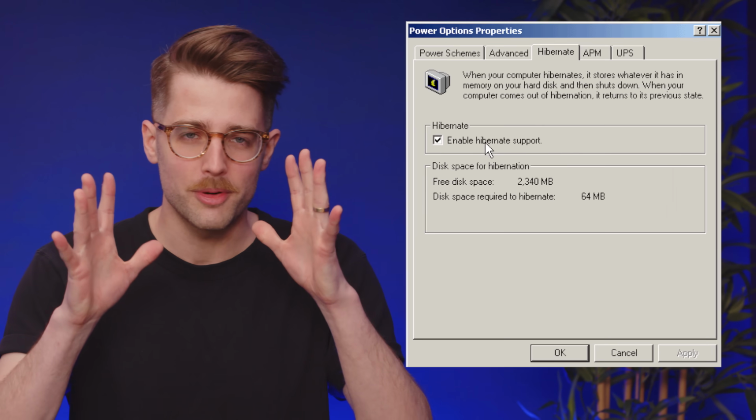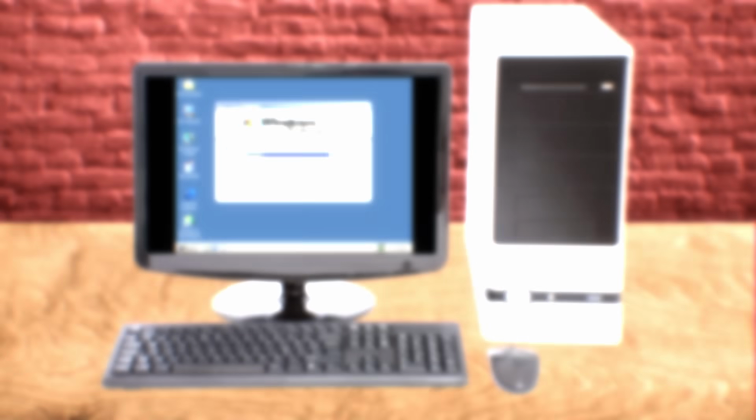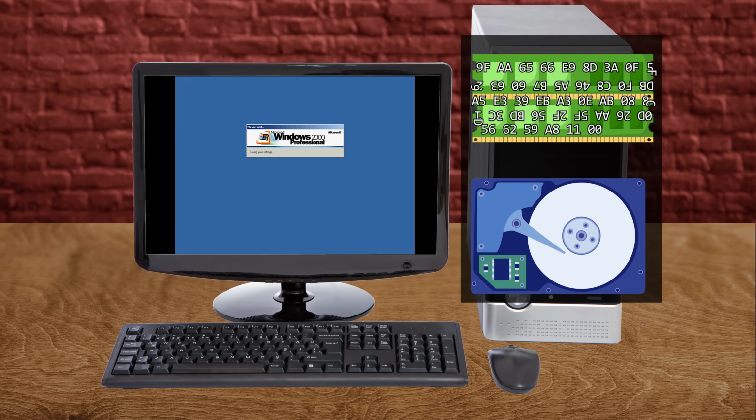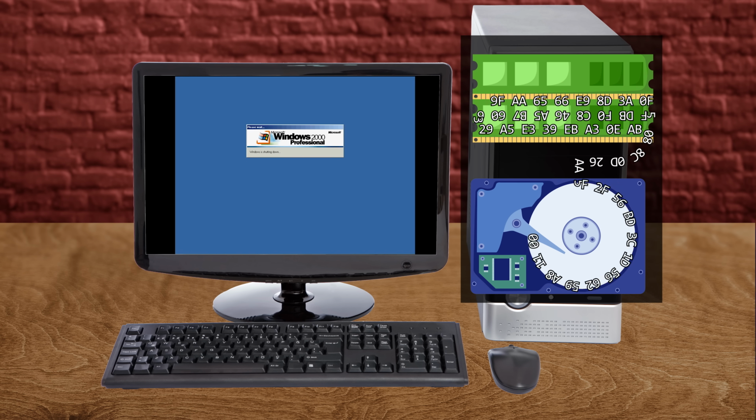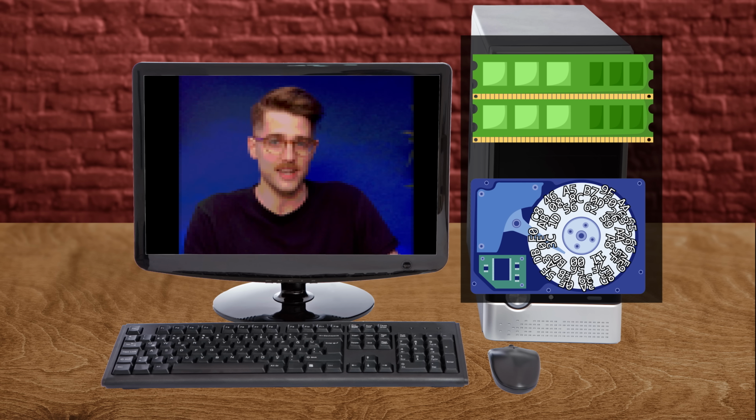So here's the deal. Remember the Hibernate feature that became popular back in the days of Windows 2000, where you could save all the contents of your RAM to your disk before powering the computer off, which would significantly cut down on startup time? Do you remember that? Hibernate was a big deal because older laptops tended to be power hogs, so Hibernate offered a way to quickly resume working without putting the machine in standby or sleep modes that would still draw power.